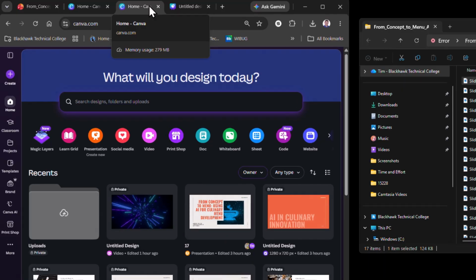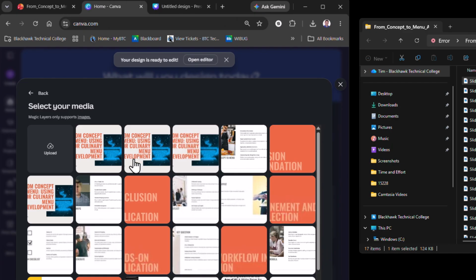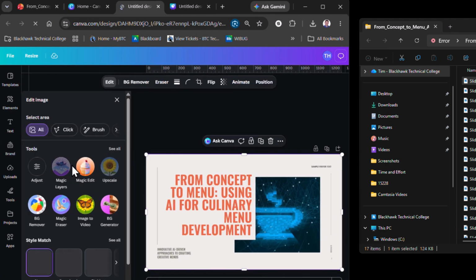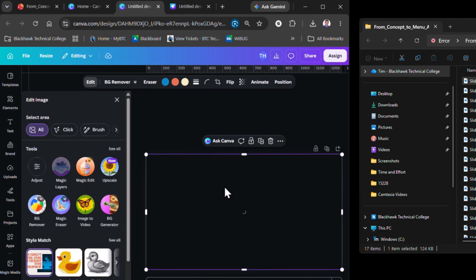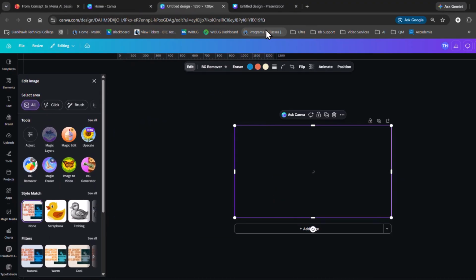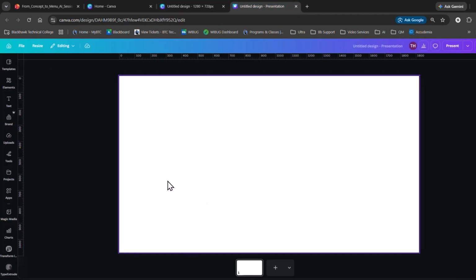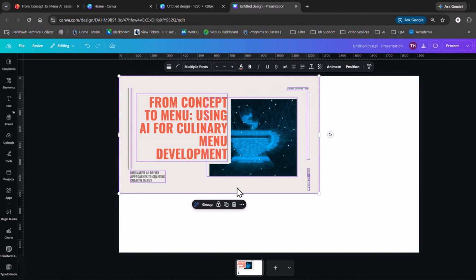Head on back to Magic Layers. You're going to get a few tabs back and forth in this process, so just get used to operating with those. Let's click on this first one, and we can see the magic of Magic Layers. It's going to analyze it, and then it's going to break it into a whole bunch of layers here. And since we've already got all of my slides imported, we'll go back up to full screen. So now you can see we've got all of the layers here. Let's copy them, and then we're going to switch over to that other Canva presentation that's blank, paste them, resize them,